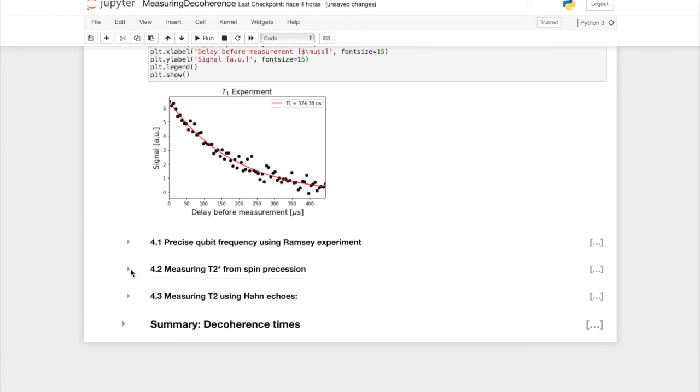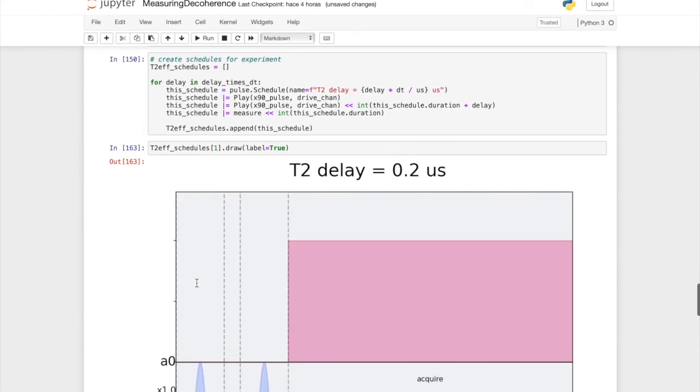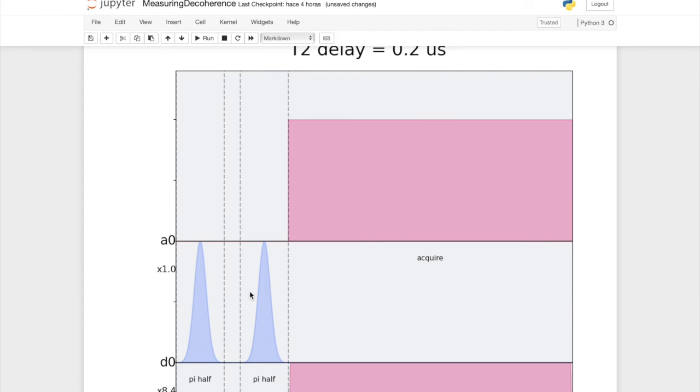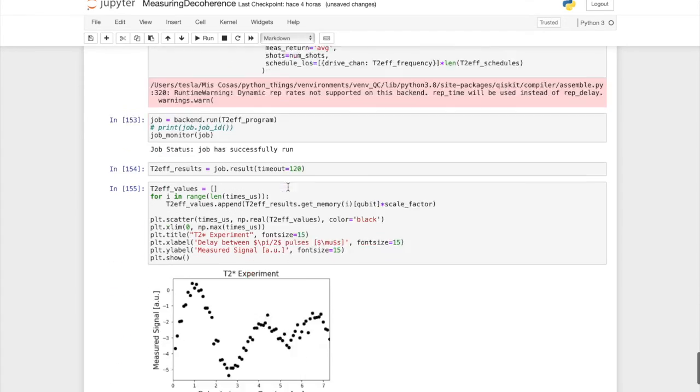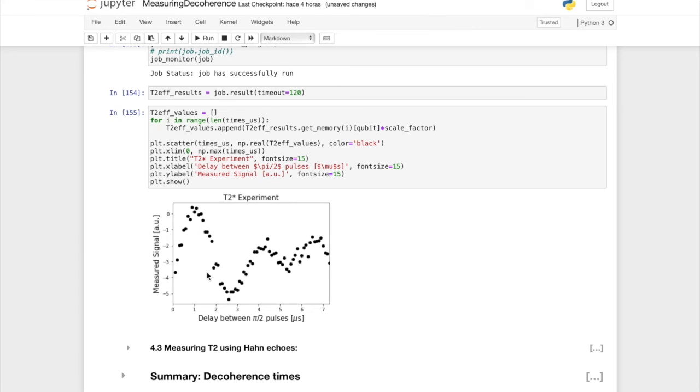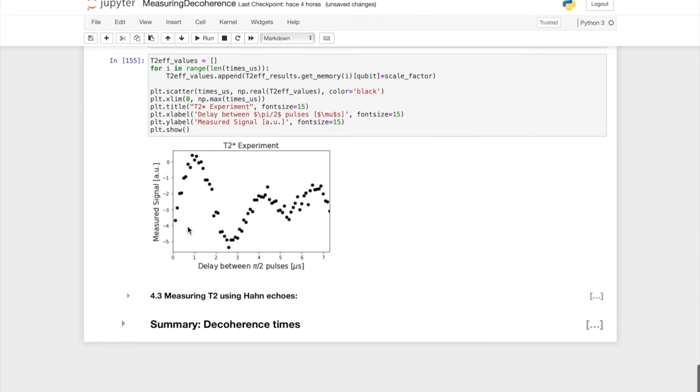To measure this effective T2, I use this other routine, which consists of two pulses. The first one flips 0 to the plus state in the equator, then I let it precess for some time, and then I flip it again to measure in the 0-1 basis. What I get now are these damped oscillations, which decay actually pretty fast. This is a result of the qubits spreading through the equator, and this is actually what we want to fix